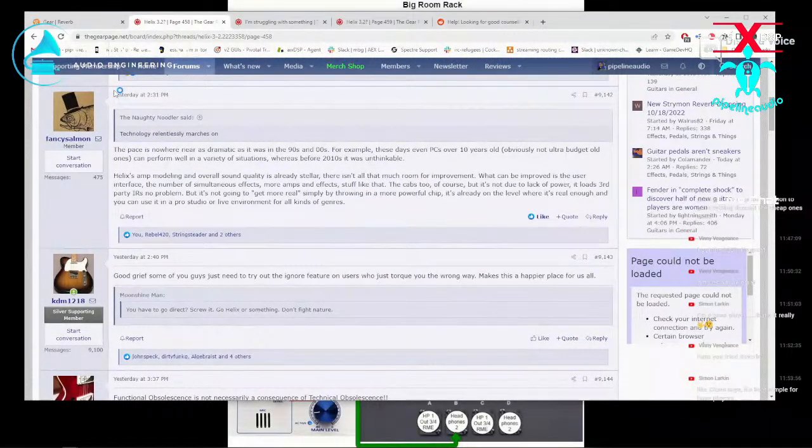Here's something pretty funny, as usual, the argument with the Dunning-Krugers over at the gear page, who we'll talk about later. But they're actually talking about a specific modeler here, and I want to read this post because to me it's kind of interesting, and it's very important to you guys that are always fighting over what kind of computer to use or fighting the format wars or whatever. Fancy Salmon says, as he's responding to technology relentlessly marches on, and I guess I better give the context. We're talking about the Line 6 Helix, which is